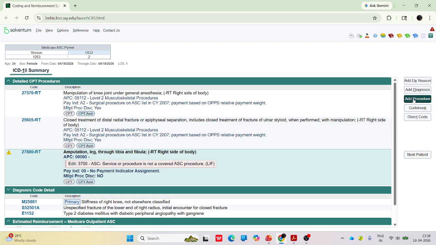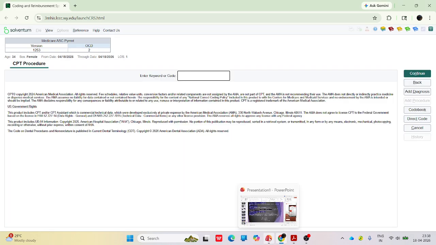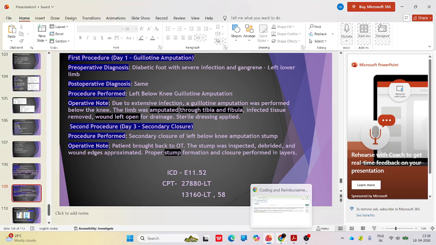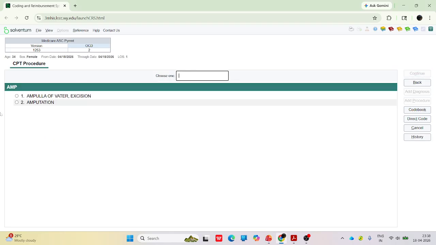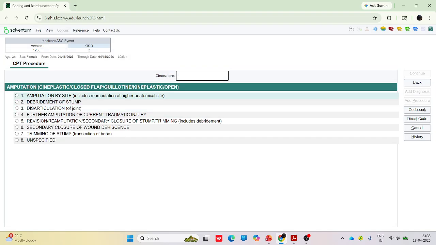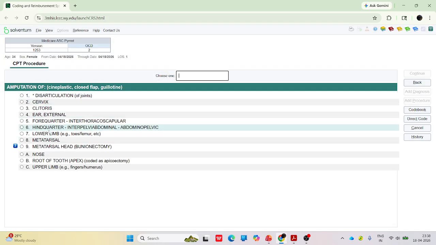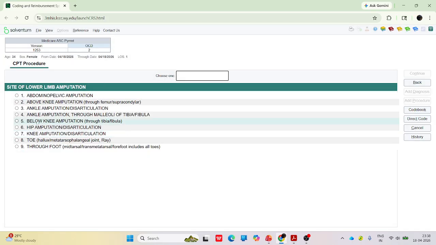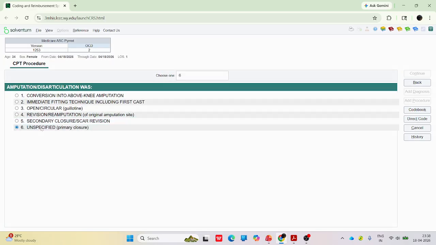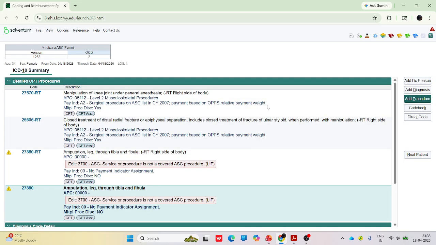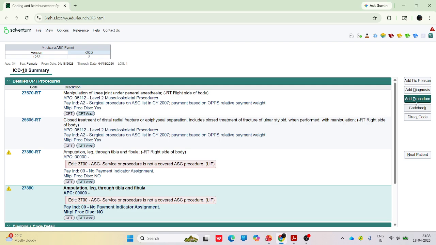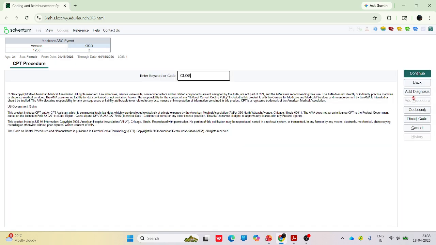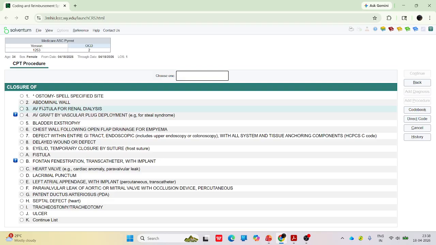So what is the procedure? Amputation of the lower limb, below the knee amputation, primary closure. And for the secondary closure we'll give a 10,000 series code. So what were the closure